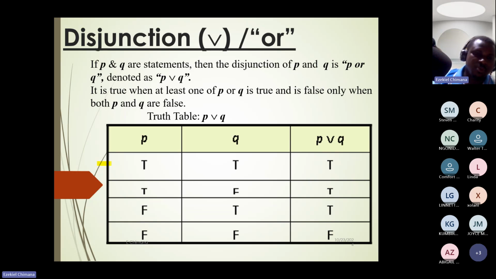It's just the same. We've got only P and Q, so we are going to have 4 rows. And then for the first one, we're going to put true, true, and then false, false, true, false, true, false. After that, if you look at P or Q, now it's an OR. So we just need one of them to be true because we are using an OR. We are saying